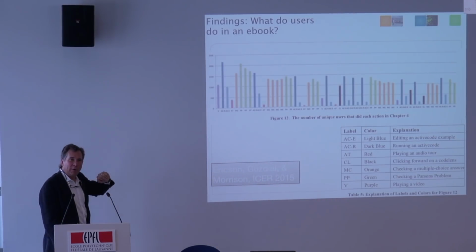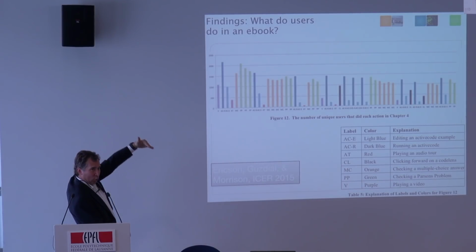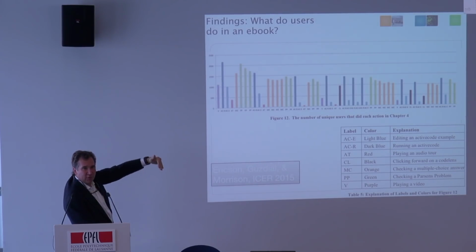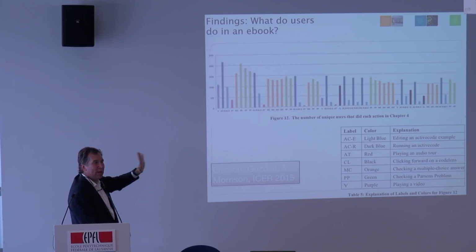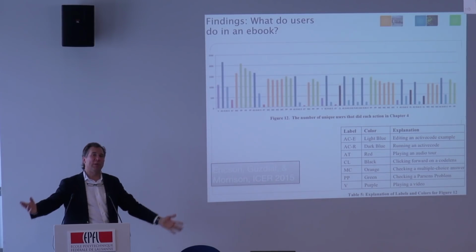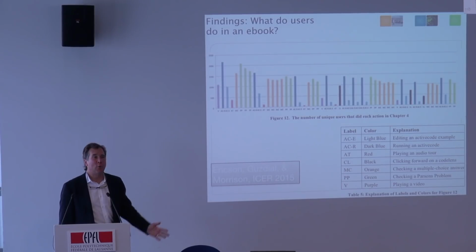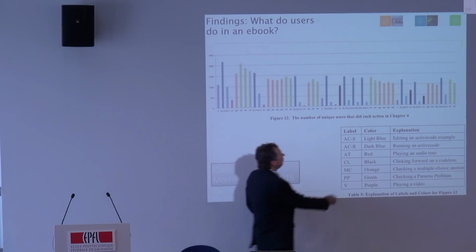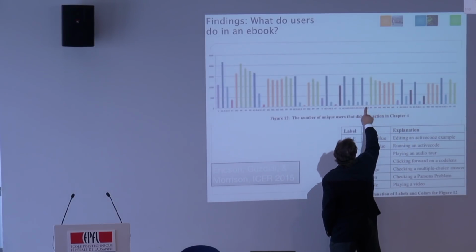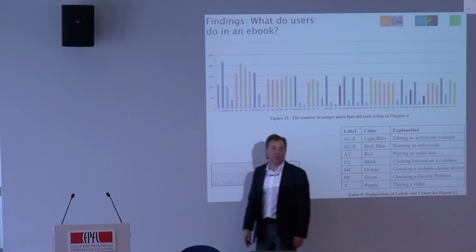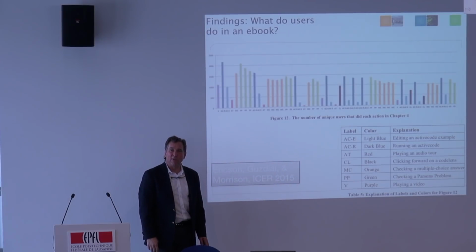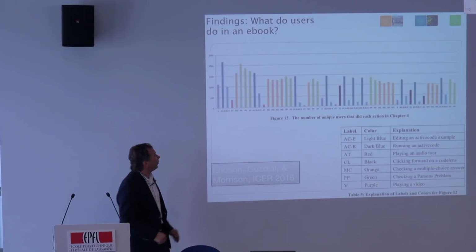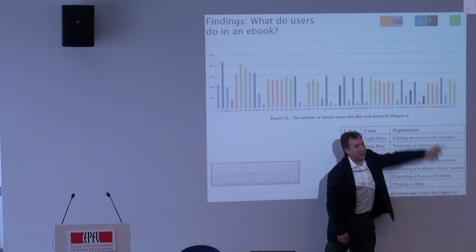In general, the slope of the line goes down. This is the number of users who will do that activity. Lots of people at the beginning, and people drop off as the chapter goes on. That's not too surprising. But here's the really interesting one. The most common thing that we do in a computer science class is, hey, kid, write another program. Let's just go write code, right? And that's these blue ones, ACE, and you'll notice they drop off really fast. But the green ones and the orange ones, the Parsons problems and the multiple choice, they're still pretty high.